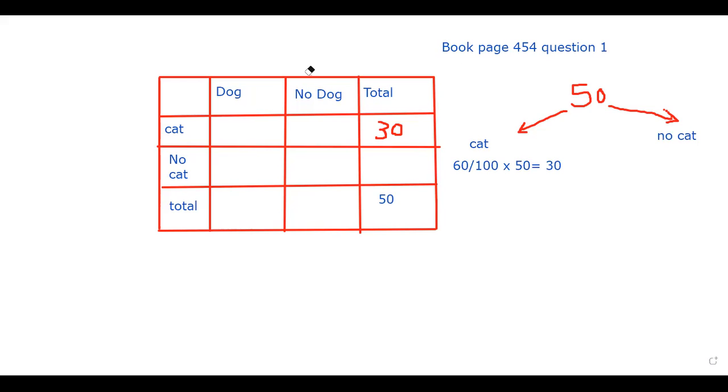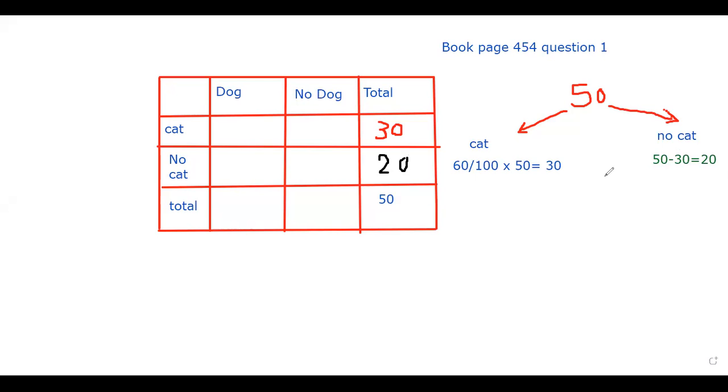Then 50 minus 30 equals 20. So where are we going to put it? We will put it in front of the total students who don't have a cat. So I have 20 here. Then we will go back to the question. He said